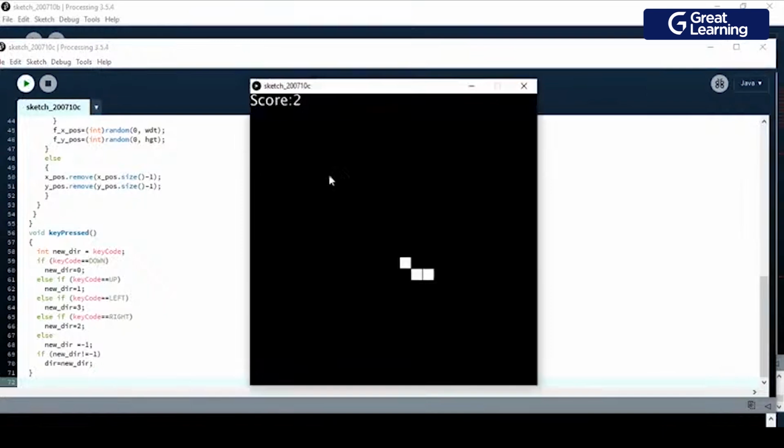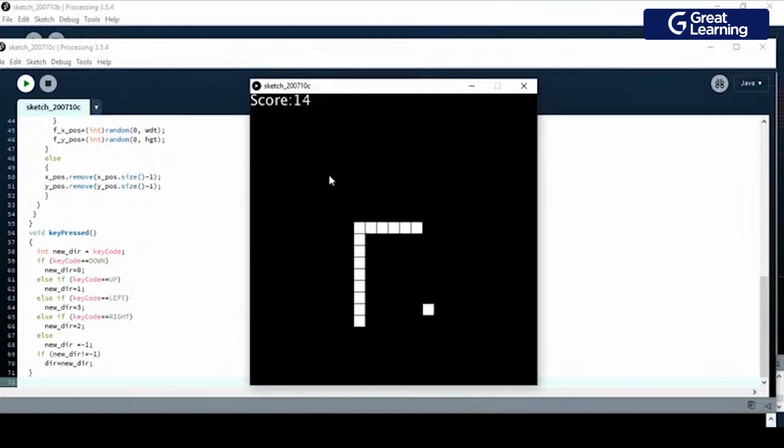Now you see, it ate this thing, and the speed got increased. Now he ate this thing, now 4, again the position starts incrementing. You see, as long as it keeps growing, the speed will be increased. Okay, now you see the speed is increasing. As long as the length of the snake is increasing, the speed increases. So you see, the speed is increasing after every 2 points, right?